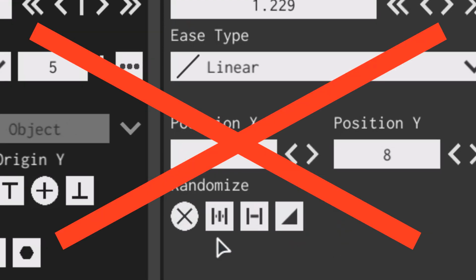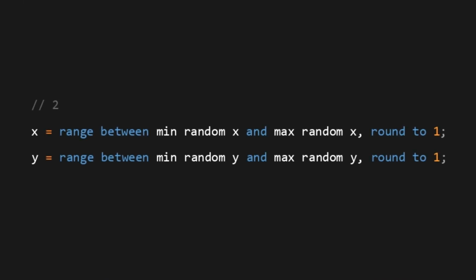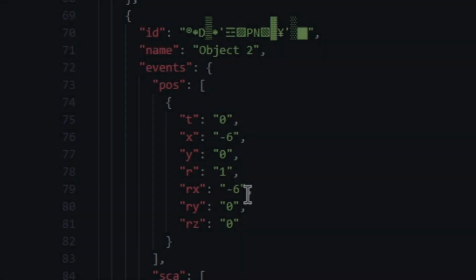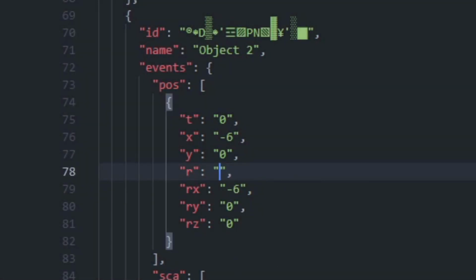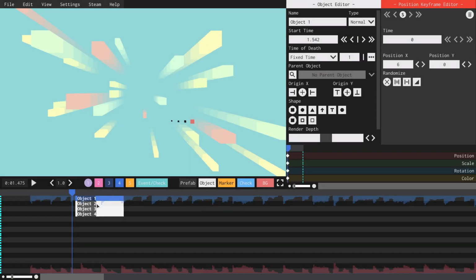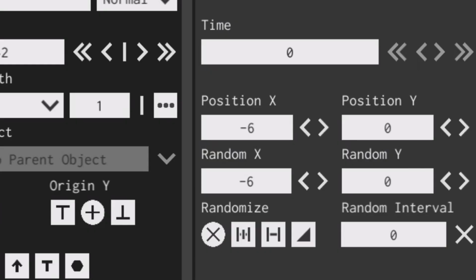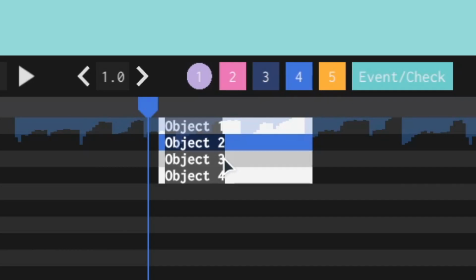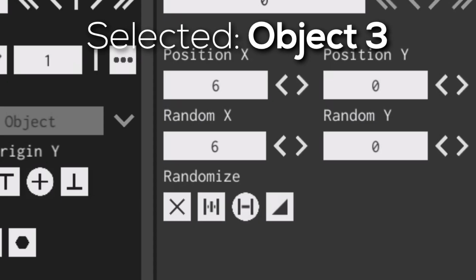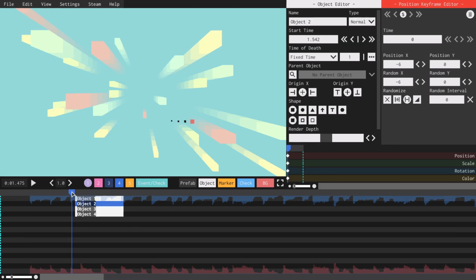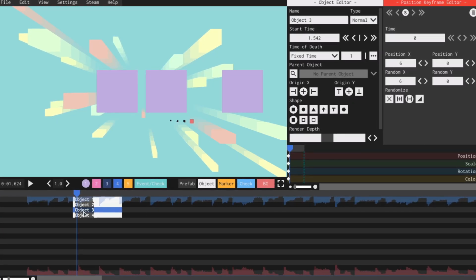Since this option is not available in the editor, but still exists in the game's code, we still can access it by modifying the level.lsb file in the text editor. Let's change the R key of object 2's position keyframe to 2 instead of 1, save the file, and open the level in the PA editor. When you click on object 2's position keyframe, it looks like a keyframe with the normal random option. The random icon, however, stays the same as the previous one because there's basically no such icon for this option. Let's compare the snap option's behavior to the normal option.